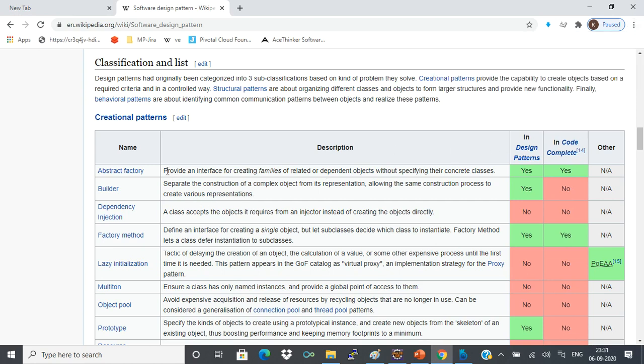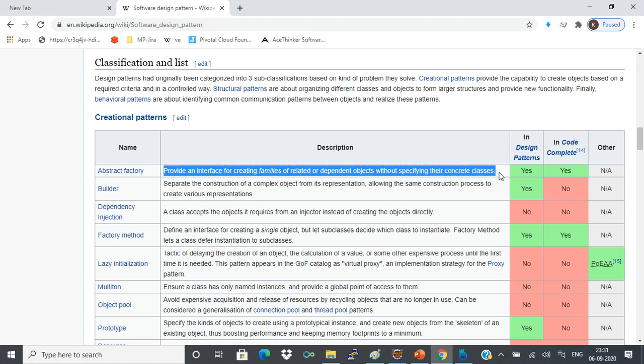The Wikipedia definition of an abstract factory is: provide an interface for creating families of related or dependent objects without specifying their concrete classes. This seems somewhat high standard, but for beginners, let us not try to mug up this kind of definition. Let us go in a practical way so that we understand.